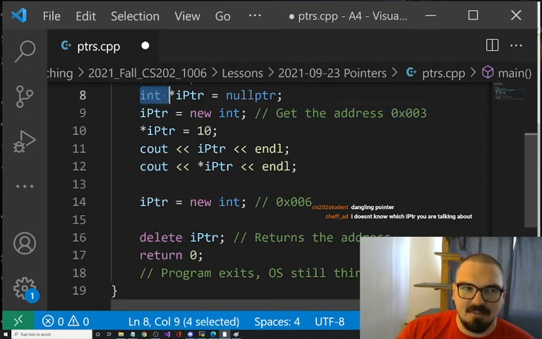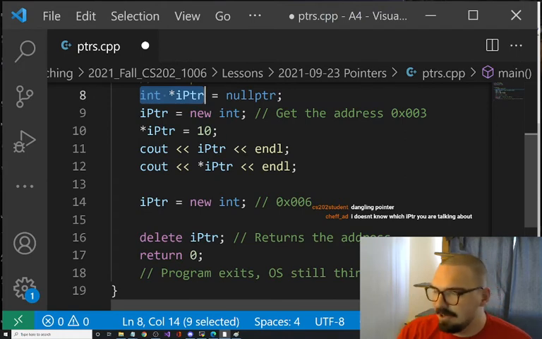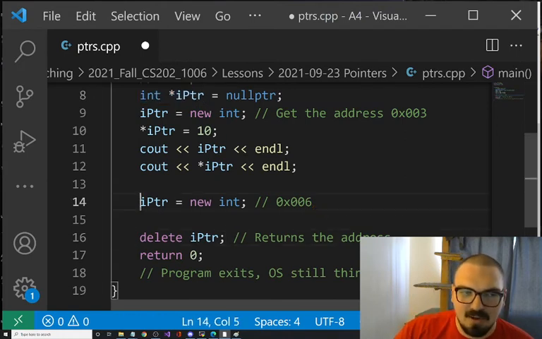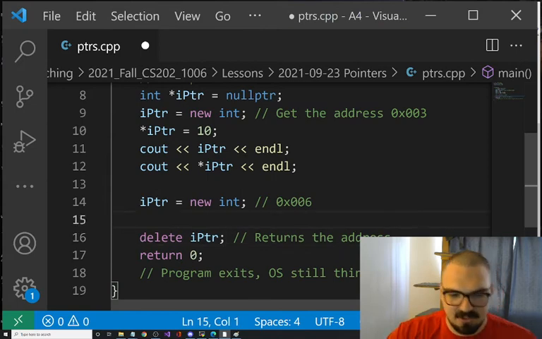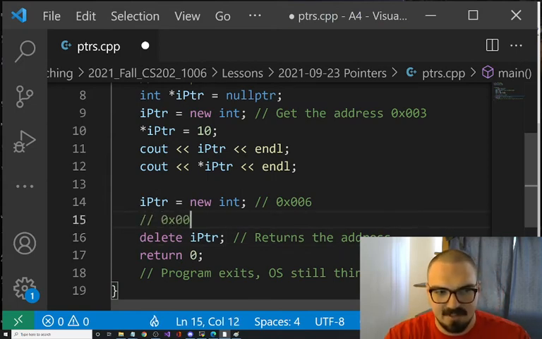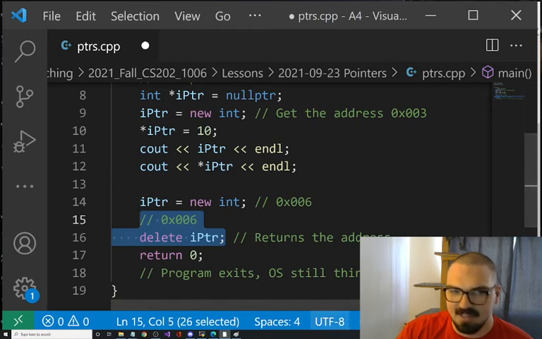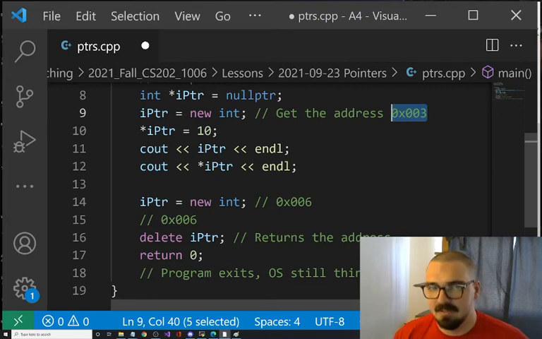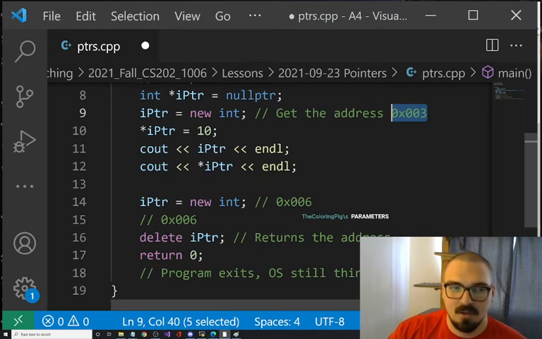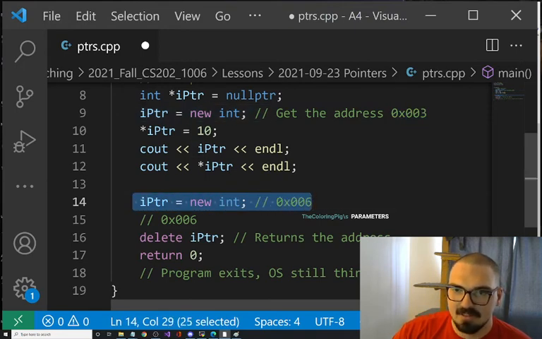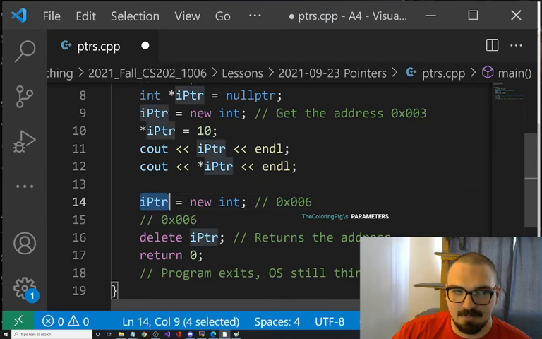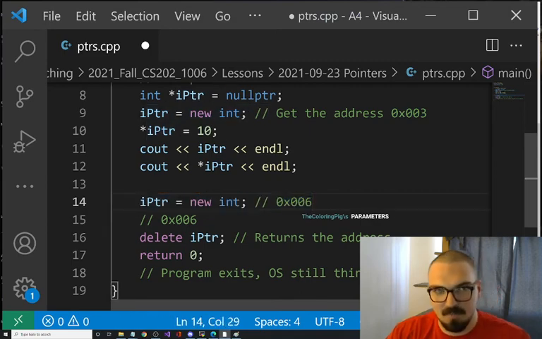Well, this is like any other variable. At this point, what does this pointer contain? It contains 0x006. So which one does it delete? The one that it knows. So it does know what it's talking about. It says you're going to delete this one. But what about this one? Did this ever get deallocated? No. Is there any way that we can get back to it? No. Here we lost it. 0x003 has been lost. It doesn't know it anymore.